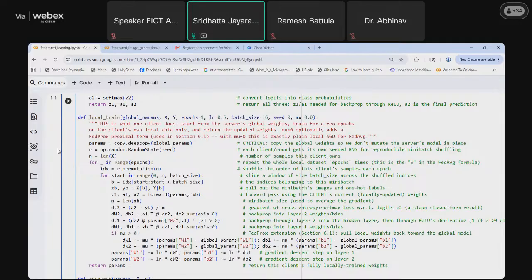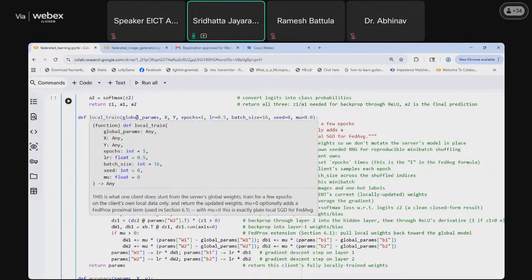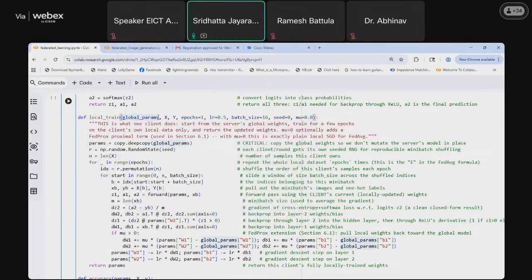During local training, a number of epochs is defined. The local_train function takes the global parameters, the parameters that the client model is getting, then the input sample and the corresponding ground truth, whether it is 0, 1 or 2, whatever label it is. And then the number of epochs for the model to train, and the learning rate.